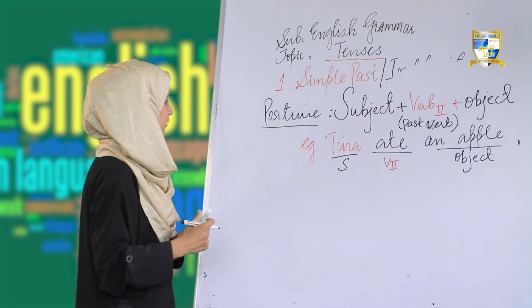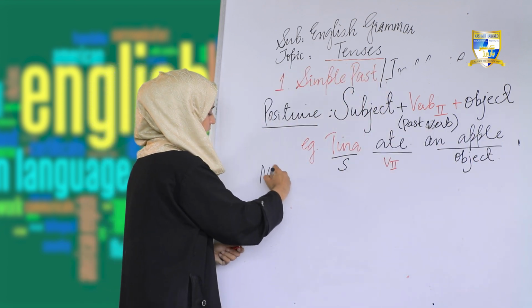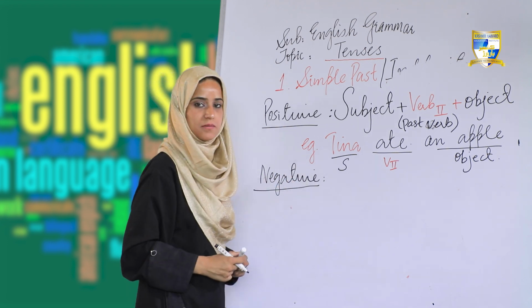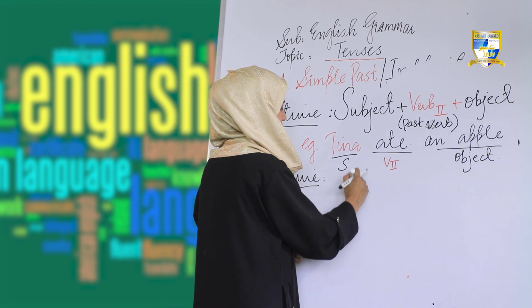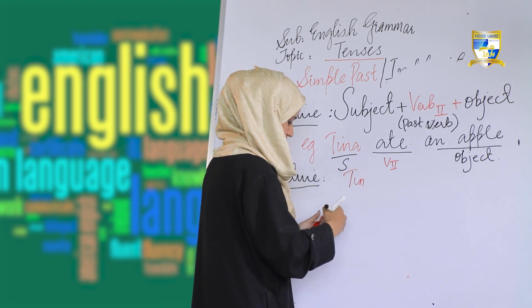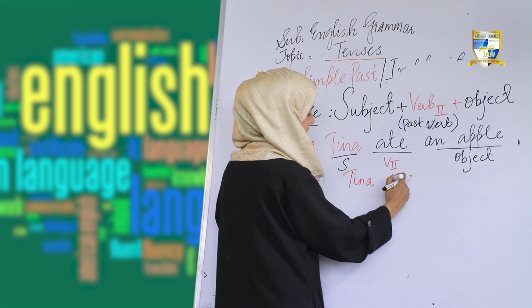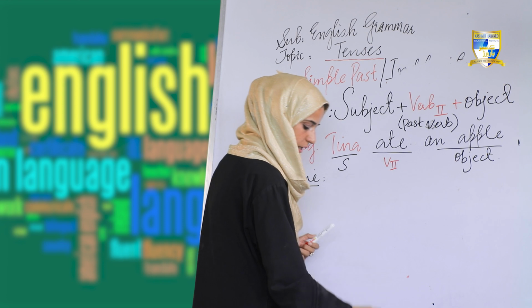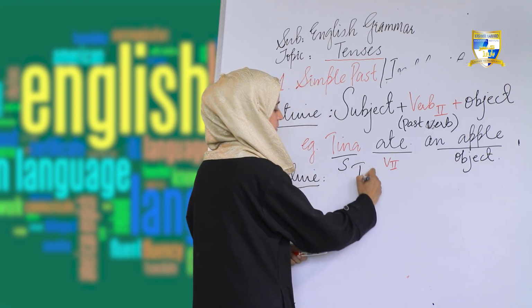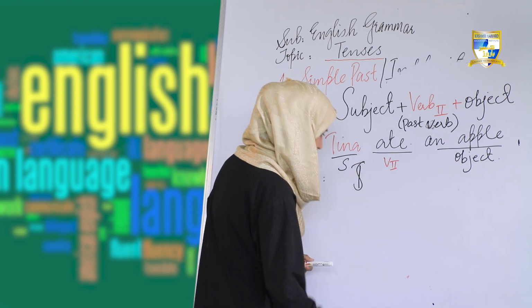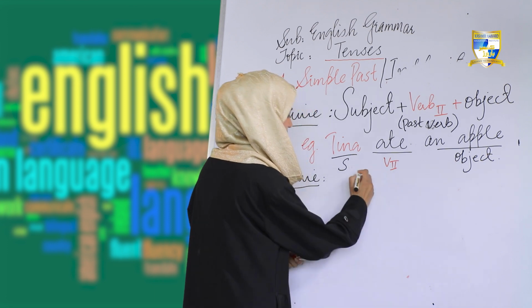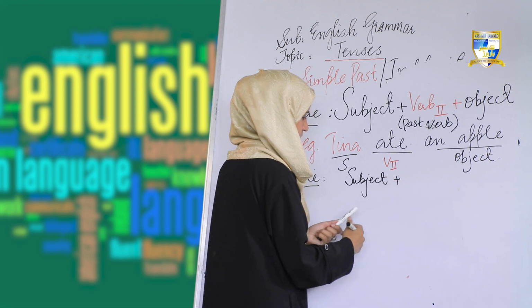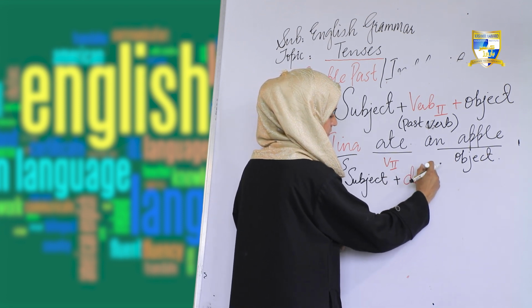Okay, dear students, so now let's make a negative sentence with the same tense, past simple. Let me show you the structure first. Here the negative sentence goes like this: subject plus did not plus